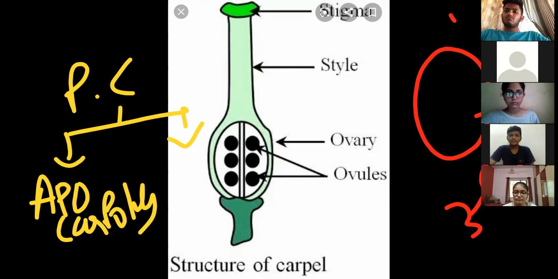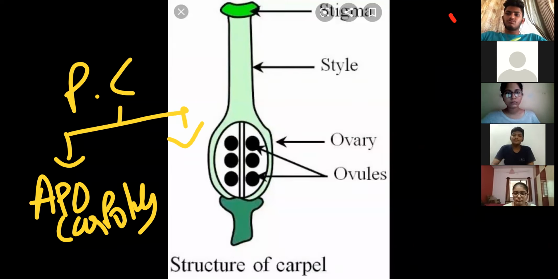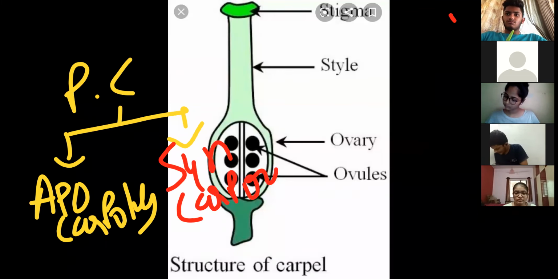But what I mean to say here is that these partitions indicate the number of carpels present in a flower. The ovary actually converts into the fruit, so what is in the ovary you will see in the fruit also. Right? So understand this: if carpels are free from each other, we call it apocarpous. And if carpels are many and they are fused with each other, we call it syncarpous. That we call the syncarpous condition, syn meaning fused. So apocarpous condition, syncarpous condition.